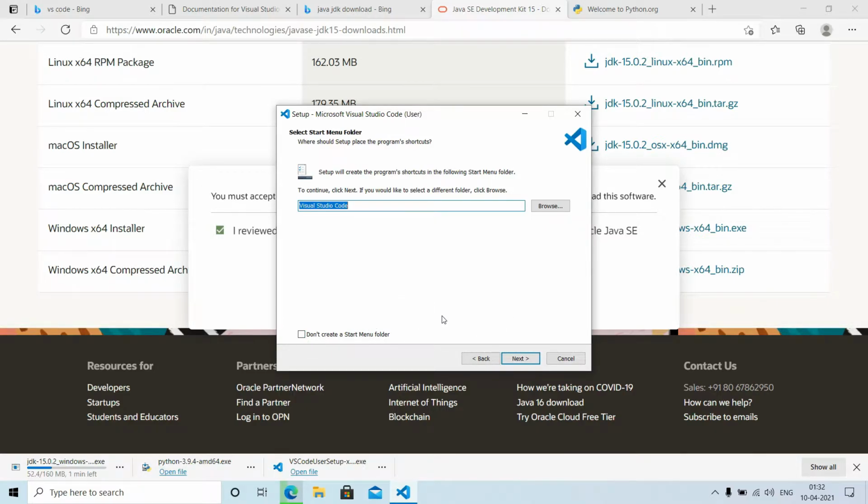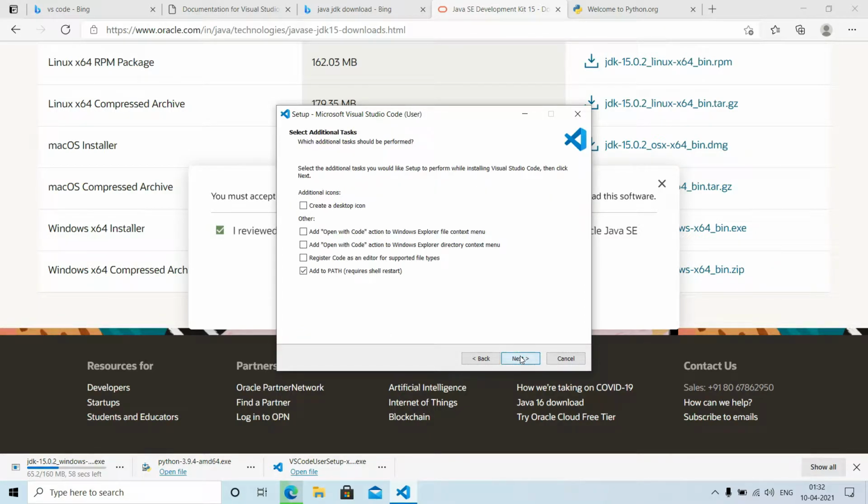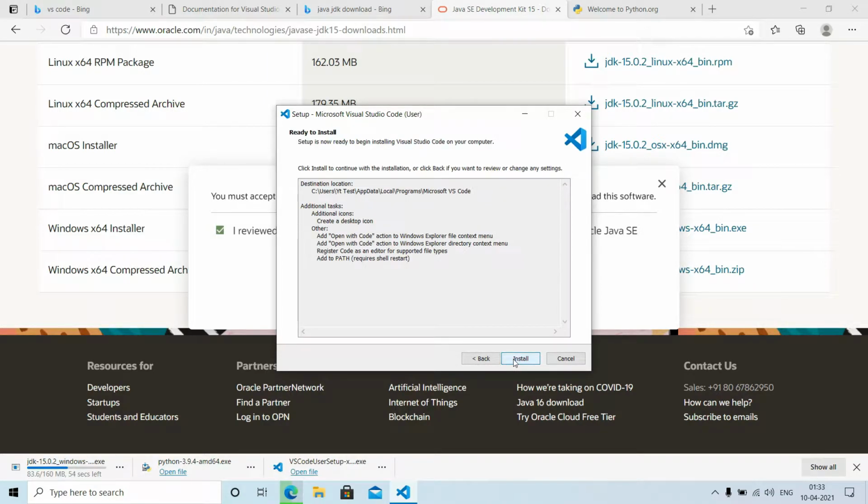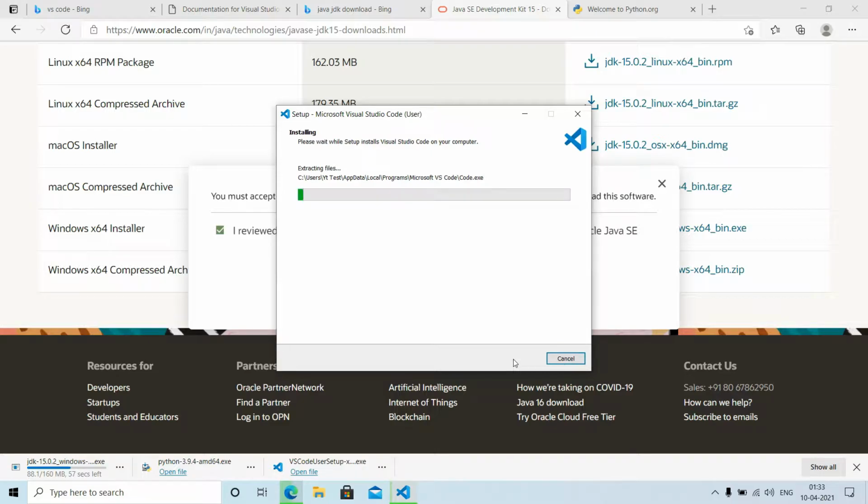I would not prefer to make the start menu folder. Check all those boxes in order to get all the features up and running. Click on install and it will get installed automatically. We don't need to do anything.